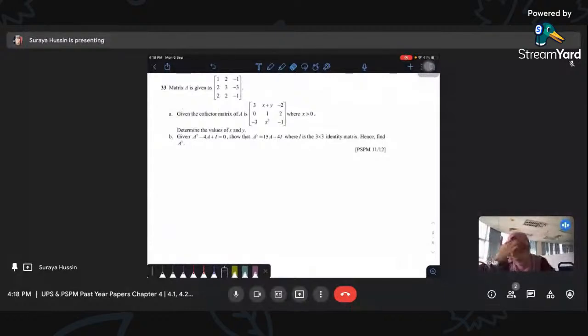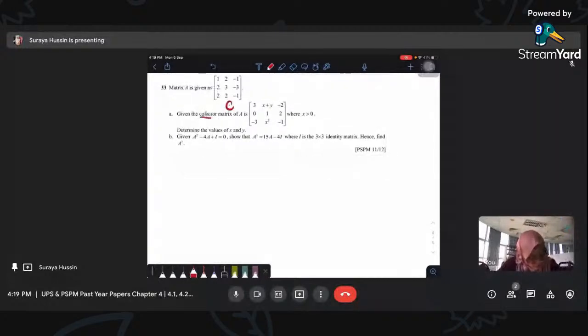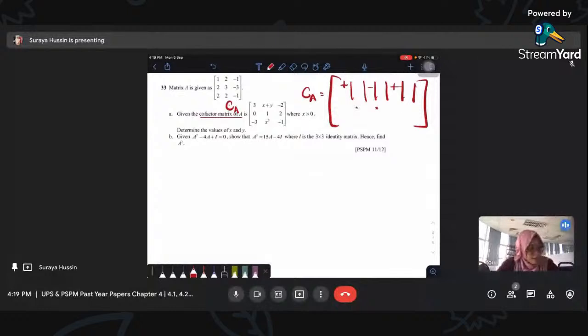A ni tidak sesusah mana yang kamu sangka tau. A ni just nak cari transpose je. Okay? Transpose benda. This is cofactor A. Okay, this is a cofactor of matrix A. So the way to write it is that. So your job is just to find the 9 elements, right? Positive palang, negative palang, positive palang, and so on. Ada 9 element, ada 9 palang. Okay, so you just compare it with